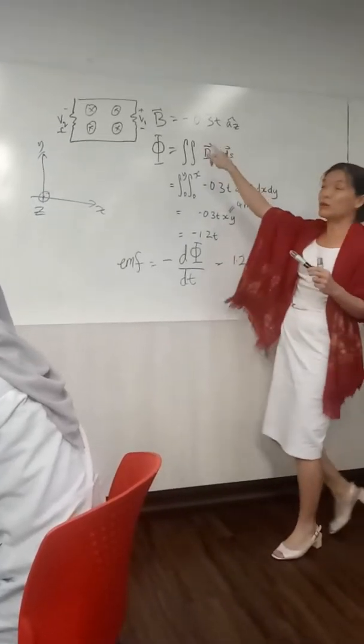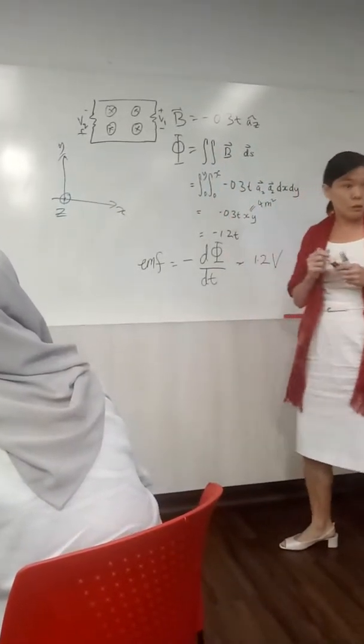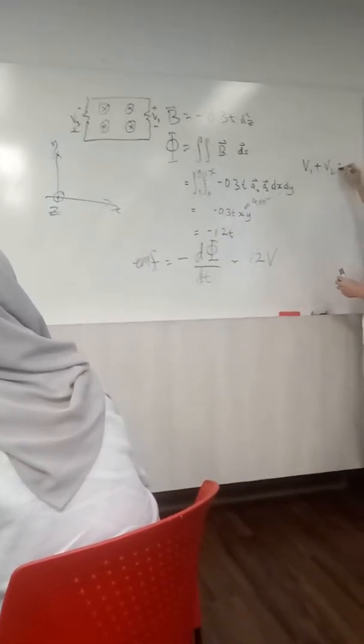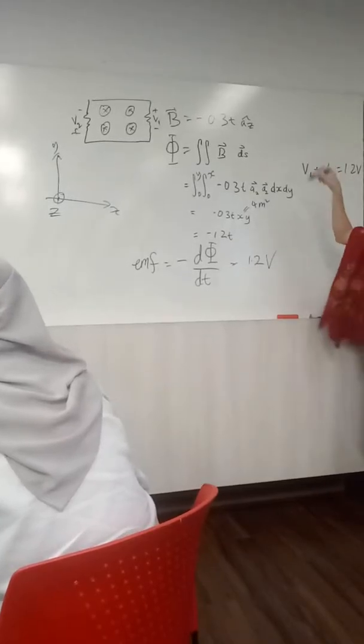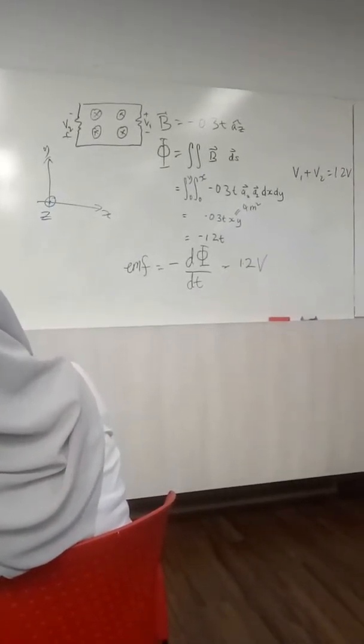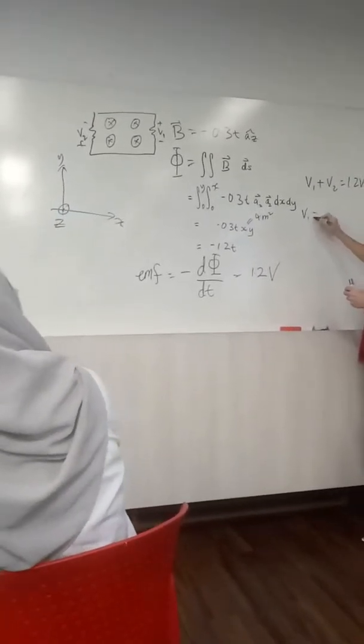You have 1.2 volts across these two things, right? 1.2 is V1 plus V2, correct? I know that V1 plus V2 is equal to 1.2 volts, because that's the total EMF across the whole loop. Oh, yes, voltage divider. How do you do that? Yeah, correct. V1 is equal to,